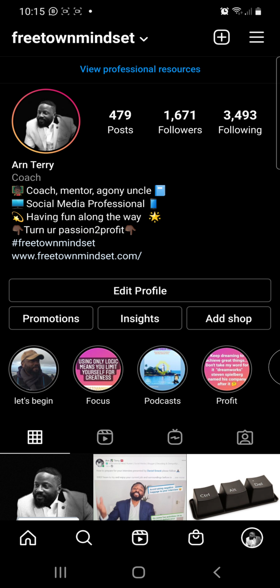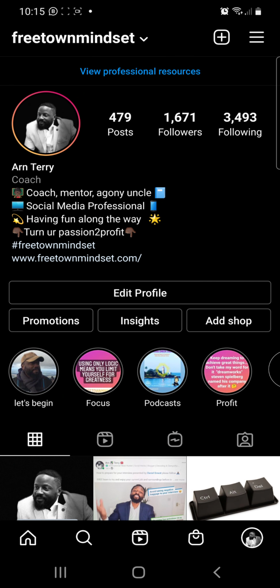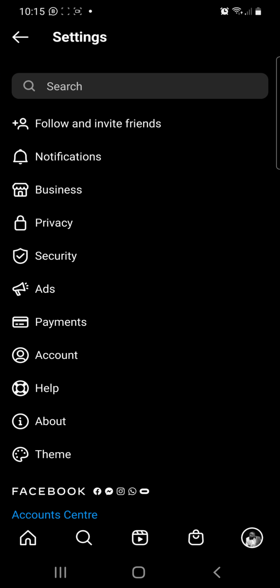So as you can see, I'm on my profile at the moment. So all you're going to do on your profile, yeah, that's me. You'll see at the top right on screen, you'll see three horizontal lines. All we're going to do is hit those three horizontal lines. You will then come to settings, which you will see at the bottom of the screen. You'll hit settings. You can obviously go back and rewind this if I'm going too fast for you, but it